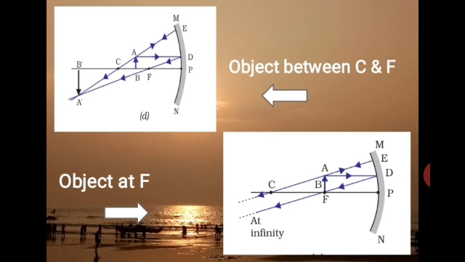Again, we draw the two rays. The ray AD parallel to the principal axis, which after reflection passes through the focus. The second ray is AC, that is passing through the center of curvature. This ray actually goes from AM and retraces its path to travel MACA dash. So, these two rays meet at point A dash after reflection. Thus, we get the image formed at A dash, that is demarcated as A dash B dash.